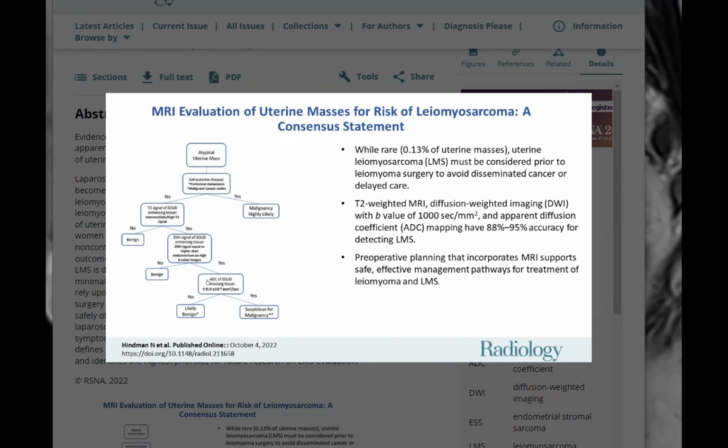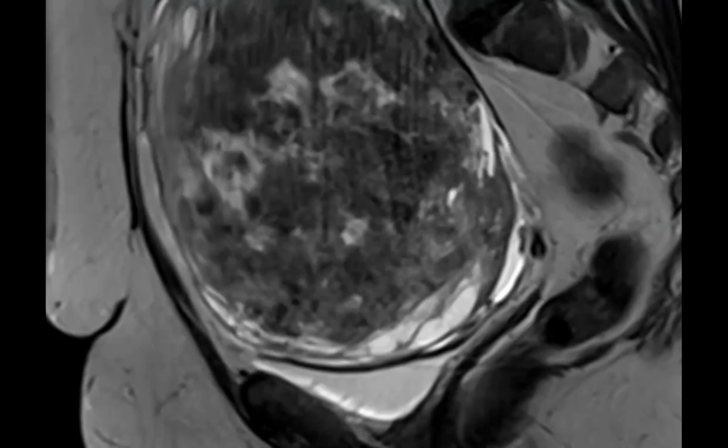Then they go to ADC, and you're supposed to measure the ADC. If the ADC is very, very dark, it's more concerning for malignancy. And they give this number, 0.9 times 10 to the minus 3. So if we go back to my case,